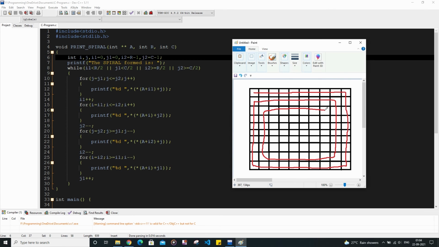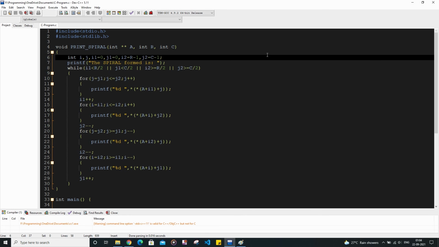Again the next row, next column. Likewise it is going to print all the elements present inside the respective grids. So we are going to get a spiral of this sort, and finally our entire spiral is going to get printed. So this is the concept behind the spiral of the matrix.